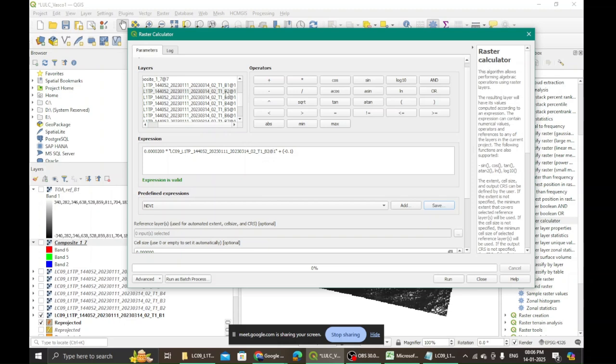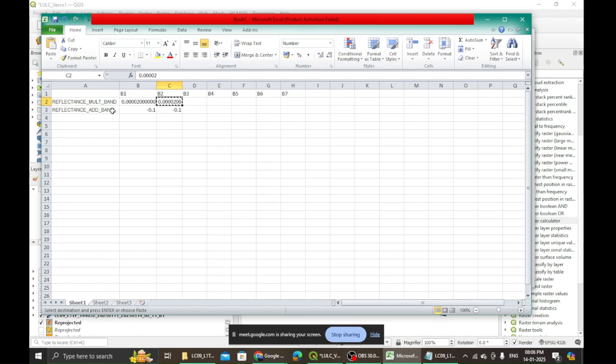So band 2 is there. I have made my band 2 come here. Just double click on it, it comes there, right? Then plus, I'm putting this in bracket because there's a minus. I can directly also go for minus 0.1. That also can be done, okay? But just to keep it a little simple, we are doing plus, and then in bracket we are adding this minus value, that is over here, reflectance additive band factor.